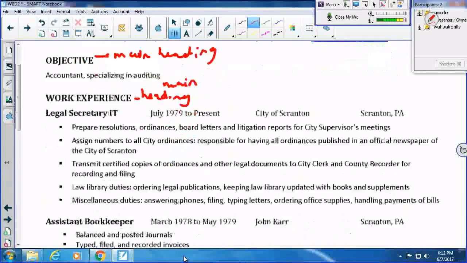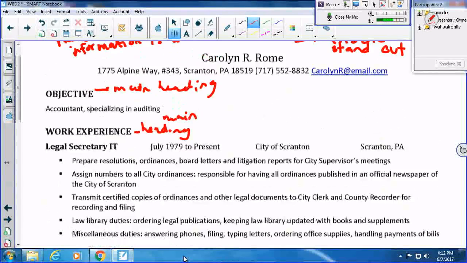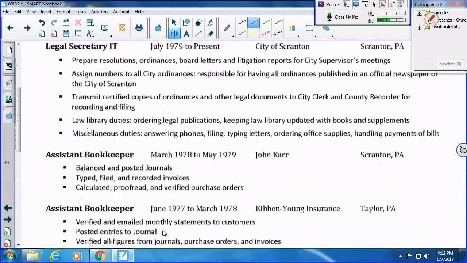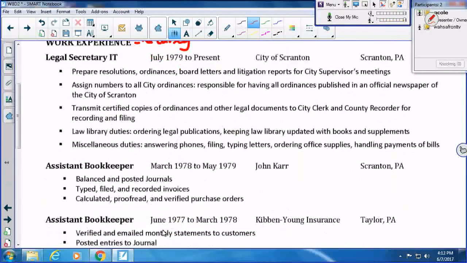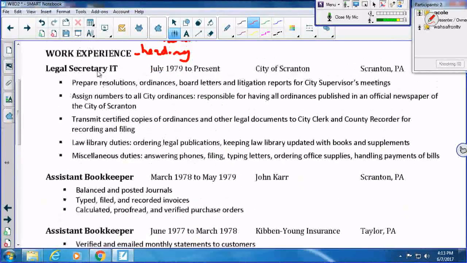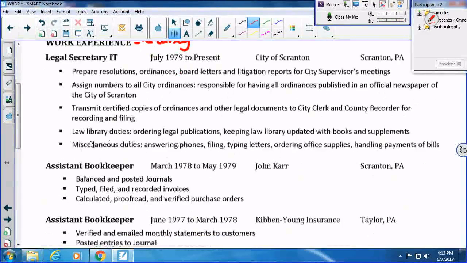Okay, and then the other thing that I just want to point out is that you want to use some kind of bullet points. What are bullet points? Dots. So you're giving details here. For example, I'm looking at work experience right now, and you see that there's a legal secretary as one job experience, and underneath we have what's called bullet points, what the person is doing. They're preparing resolutions, they're assigning numbers, they're transmitting copies of something, and they're talking about their duties.